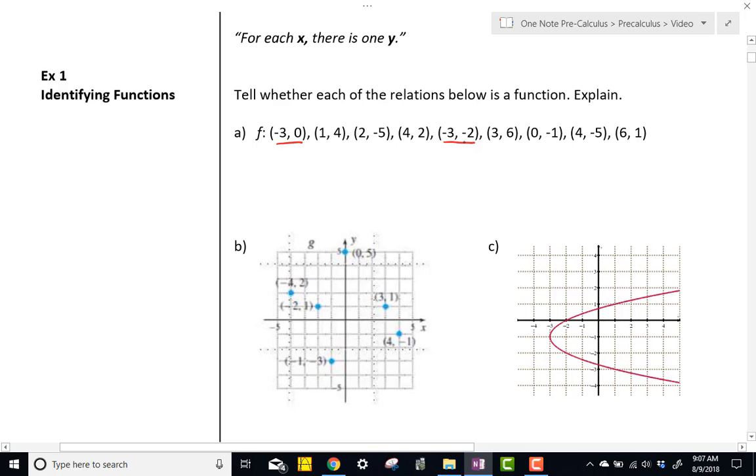That you can't have. All right, I'm going to go along and I'm going to look for any others that repeat. It looks like we have another one right here. 4 goes with 2 and 4 goes with -5. Now it doesn't matter, if there's only one pair where you have repeating x's, then it's not a function. So the answer here would be no. All right, and x equals -3 and x equals 4 are both paired